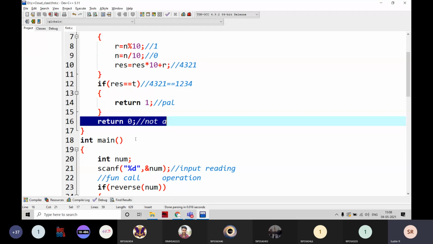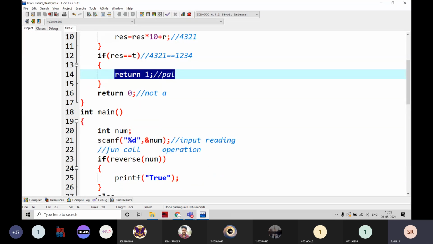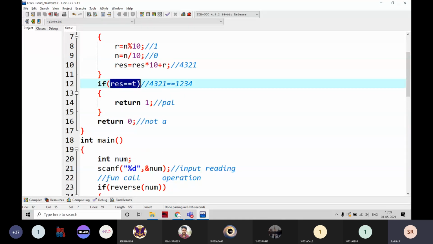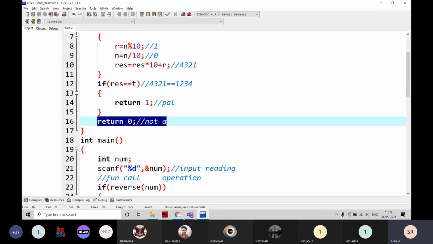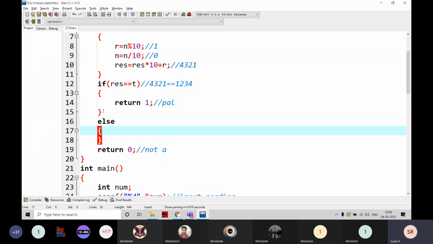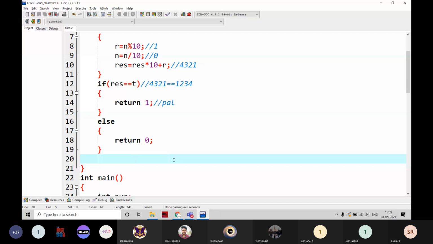But why I am not writing the else part is, if the condition is true and the control reaches return 1, then the control goes back to the caller, right? That's why this line never executes. For example, if both are not true, it is not entering here and it is going to execute return 0 only. Okay, is it clear? We can write like this also. Inside also I am going to return 0 here. But instead of that I am going to write like this.